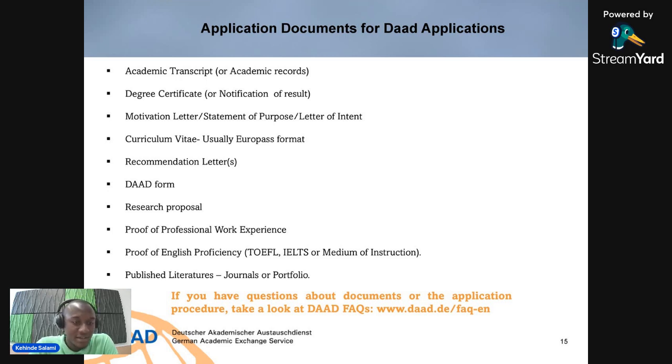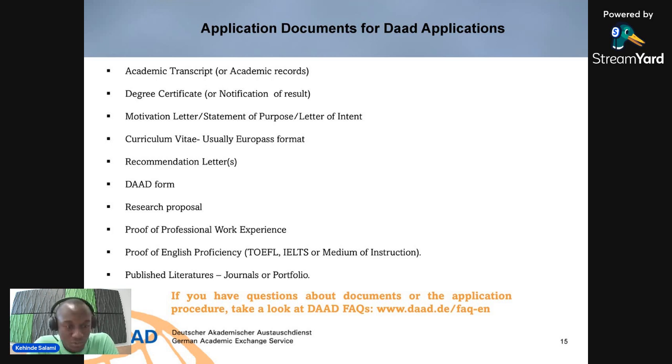There's also the DAAD form, a specific form which you might need to fill and submit to DAAD. There's also a research proposal. For research programs, they will ask you to submit a research proposal. There's also proof of professional work experience. This is a document that shows you've worked for a certain number of months or years in that field.